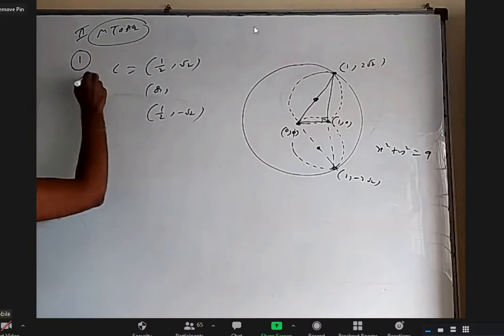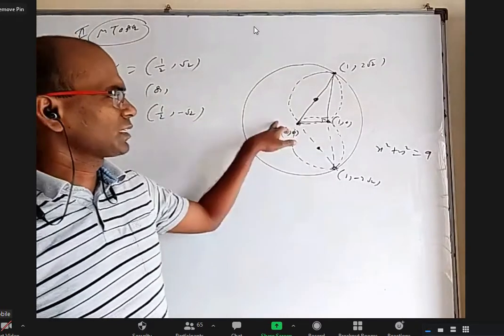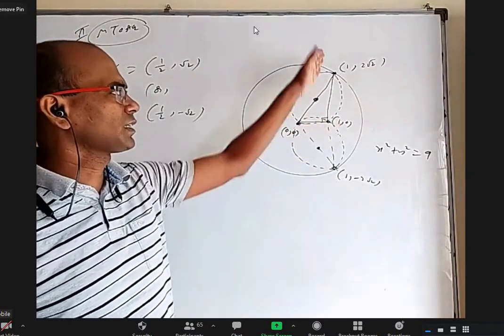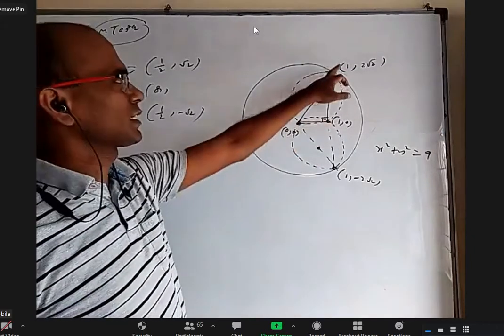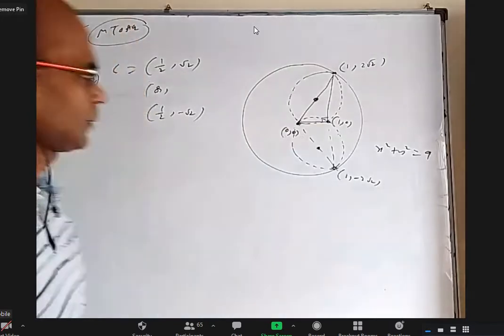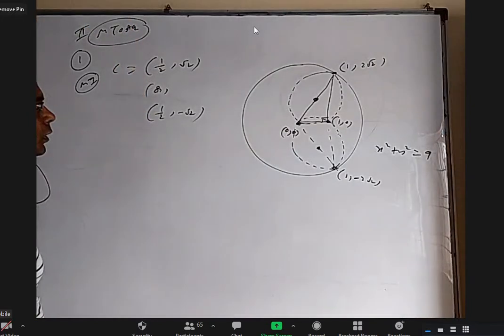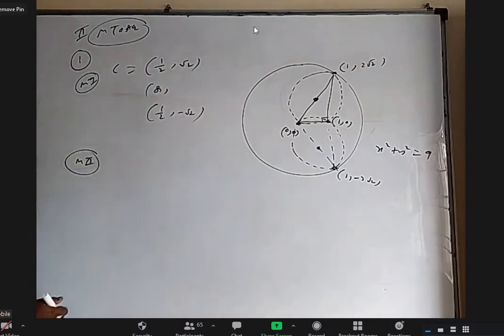This is method 1. The main point is this is the diameter. Next point is this is horizontal. Because the angle in a semicircle is 90, this should be vertical, and this x coordinate is 1, so this x coordinate should be 1. I found the length of the diameter and the midpoint of these two as the center. So try to copy this figure, understand and try it.